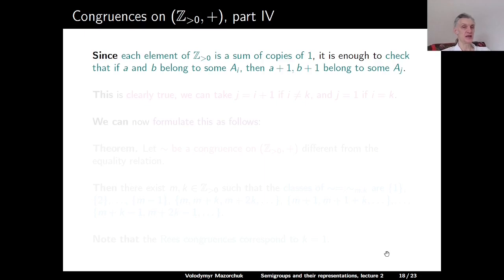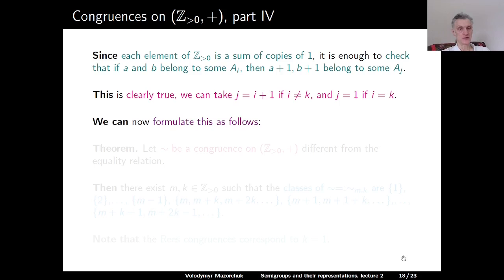And since each element in our semigroup is a sum of copies of 1, it is enough to check that if we have two elements a and b in some ai, then a plus 1 and b plus 1 belong to some aj. But this is clearly true, so if i is not equal to k, then j is just i plus 1. And if i is equal to k, then j is 1. So j is i plus 1 modulo k. And we can now